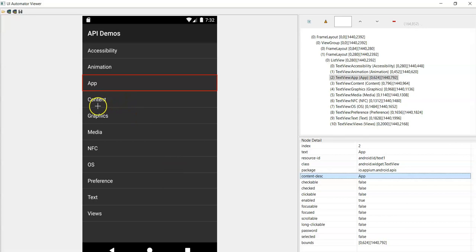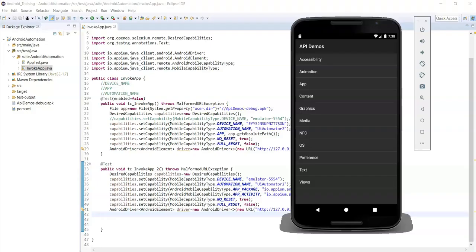Simply click on the element for which you want to identify the locators and navigate to the screen where you want to find the locators. Suppose you want to identify the locators in a different screen. Let's say Views.